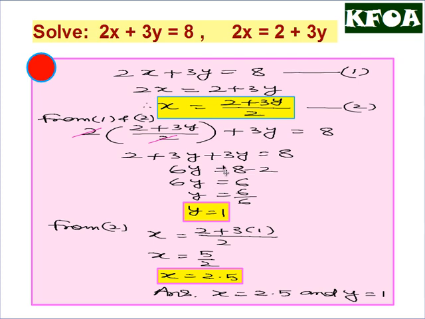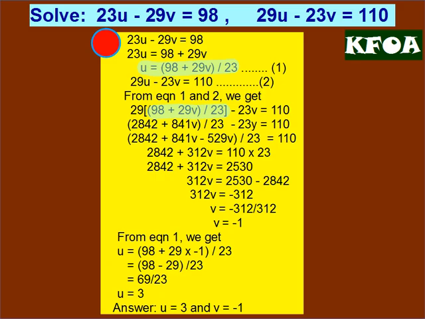So when you simplify this equation, you get the value of y and substitute it. You can simply do it, it's not a big deal. See here, 2x is given 2 plus 3y, so x is equal to (2 plus 3y) upon 2. I am sorry, I was confused. Now when we do more sums, it becomes like that only.